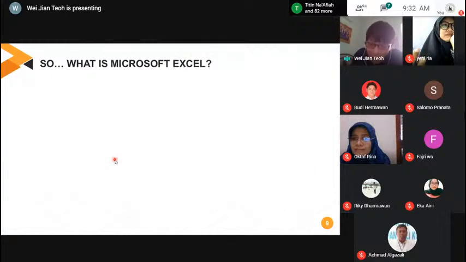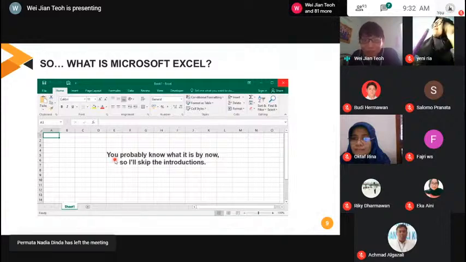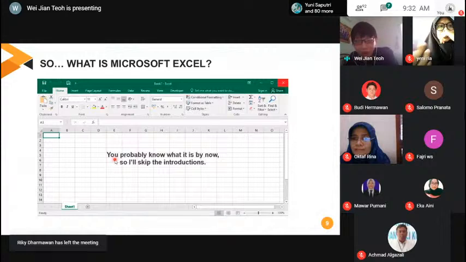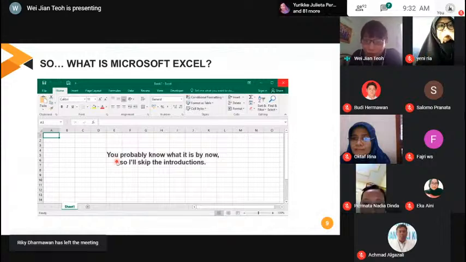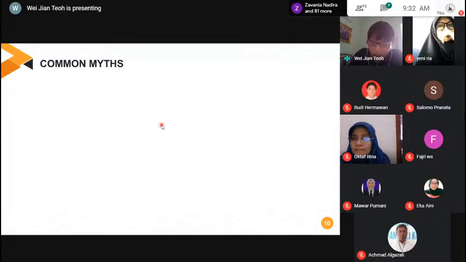But let's come back to the main topic today and ask, what is Microsoft Excel? So this is Microsoft Excel. You probably know what it is by now, so I'll not talk too much about it. It's a spreadsheet program developed by Microsoft. It's one of the reasons why Bill Gates is a millionaire today, because Microsoft Excel is obviously a very successful software, and I believe most of you have it. If you are not using Microsoft Excel, but OpenOffice, some of the features might be different. If you have Microsoft Excel, I recommend that you open it now, because I'm going to show you a few things later on.